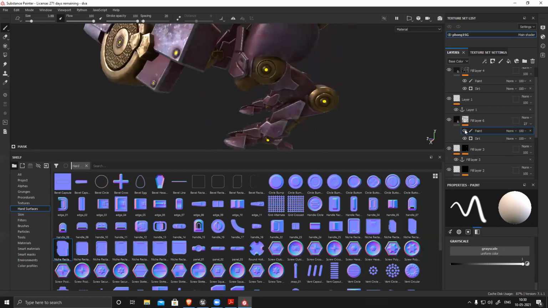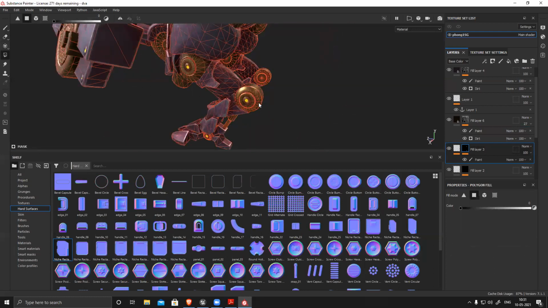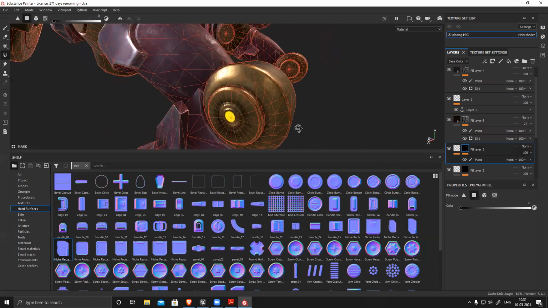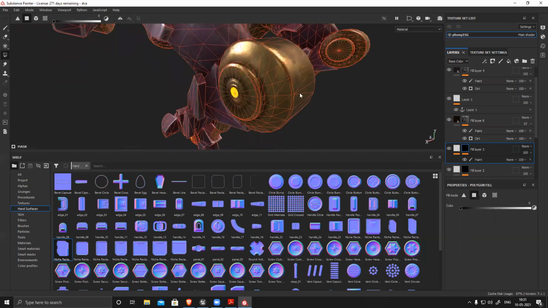See, it's everywhere. So the only thing I have to do is select this layer, go to my selection, polygon, and wherever I want to apply this, like maybe this surface. So I'll press X, make sure it's white. White means fill.